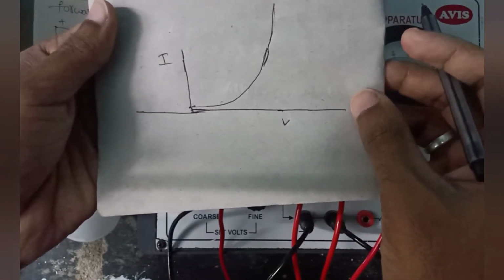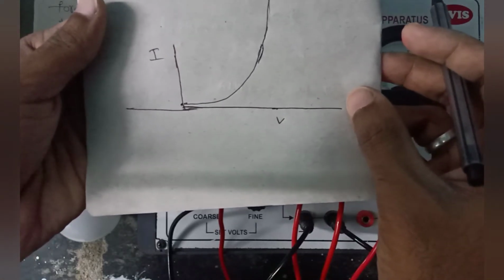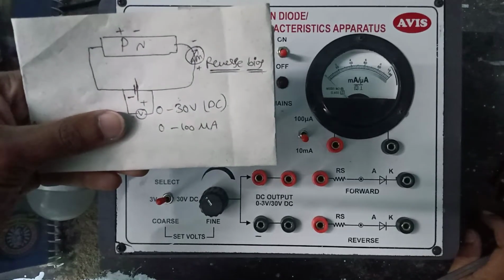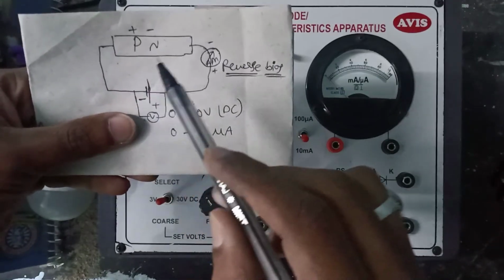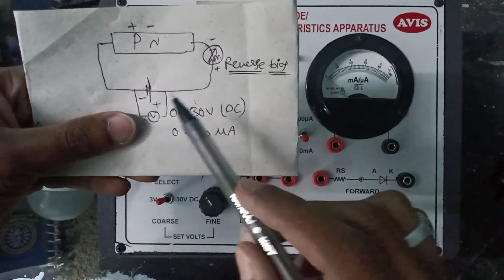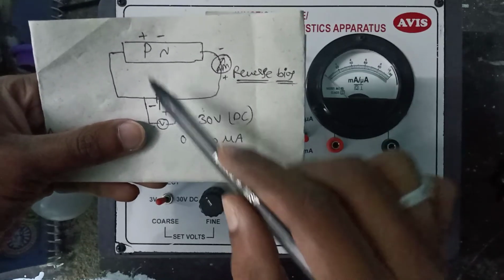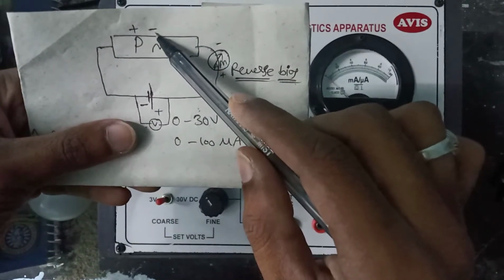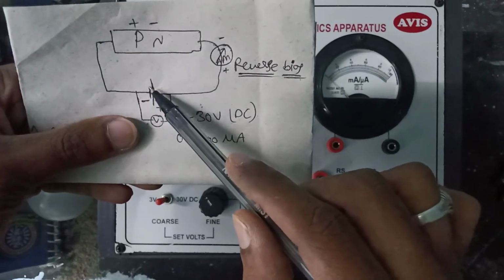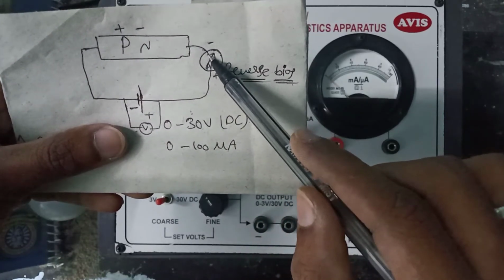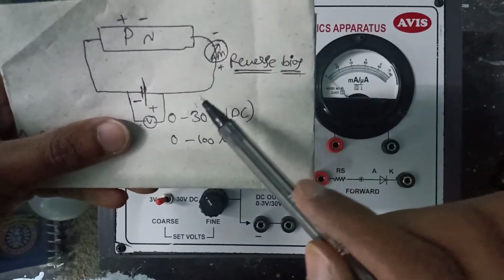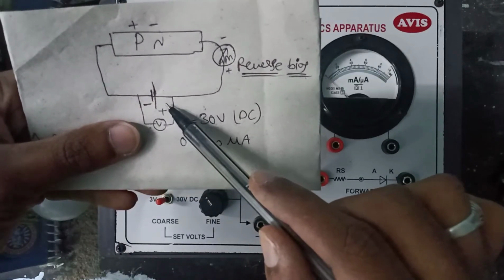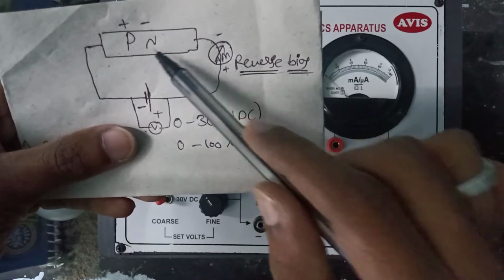Now we will discuss the reverse bias connection circuit diagram. Now I am going to do the reverse bias of the PN junction diode. This is the circuit diagram of the PN junction diode for reverse bias. In reverse bias, we connect the negative terminal of the battery to the positive terminal of the PN junction diode and the positive terminal of the battery to the negative terminal of the PN junction diode. In between, we arrange an ammeter in series to measure the current flow through the PN junction diode, and a voltmeter is arranged in parallel to the battery to measure what voltage we are sending through the PN junction diode.